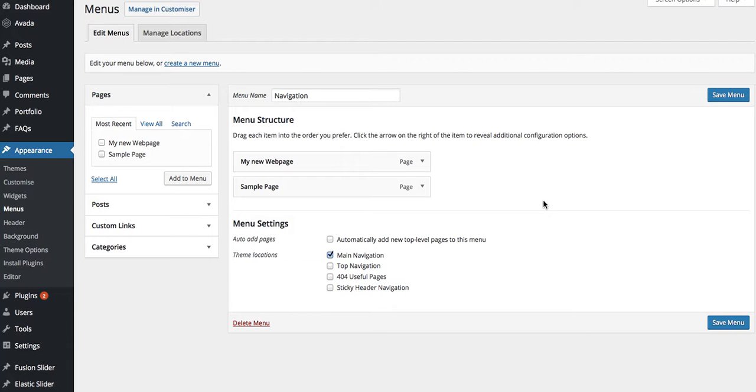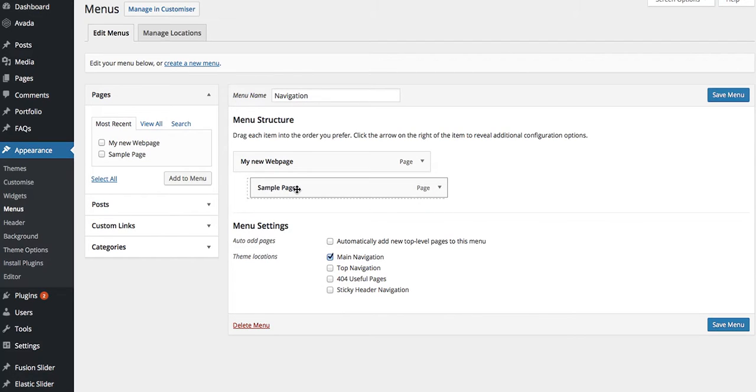If now I view my menu button, I will have My New Web Page first on the left, and then next on the left will come Sample Page. So that's how you work for what we call parent items. If, however, you want to make a drop down, now drop downs can have two tiers. So if I wanted to create a first tier drop down, for example, I want to put Sample Page as